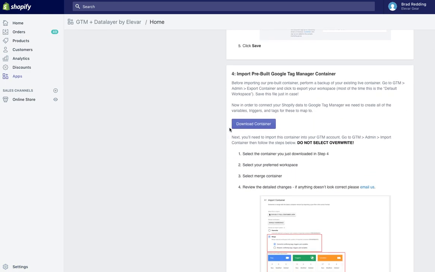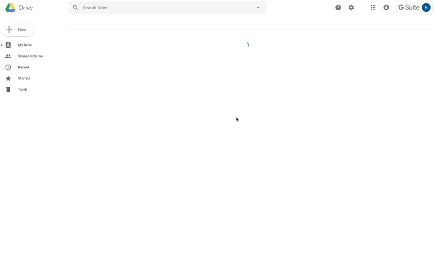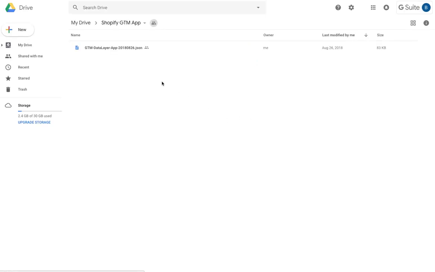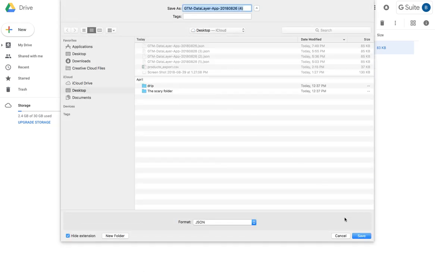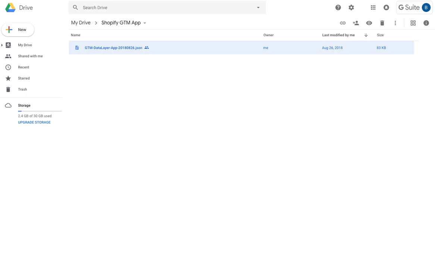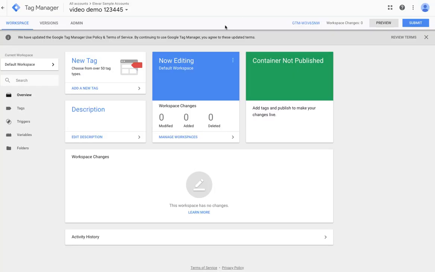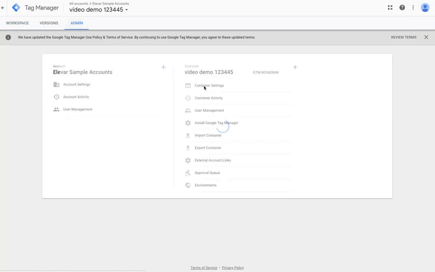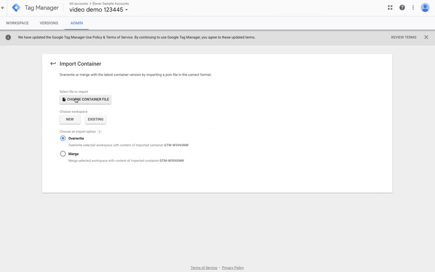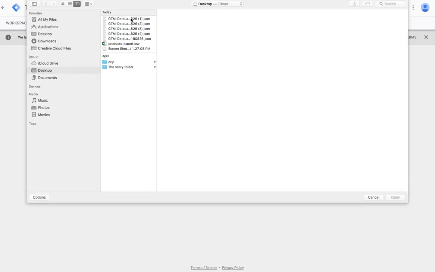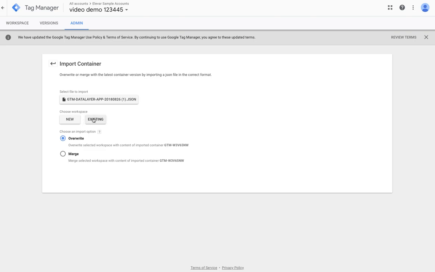We have a pre-built container that you can download that has all of the tags, triggers, and variables that you need to use to map to all the data that we're creating at your Shopify store. So all you need to do is download this container that we've included, and once you have downloaded that, go over to Google Tag Manager and Admin, Import Container, choose the container file that you just downloaded, choose your workspace,